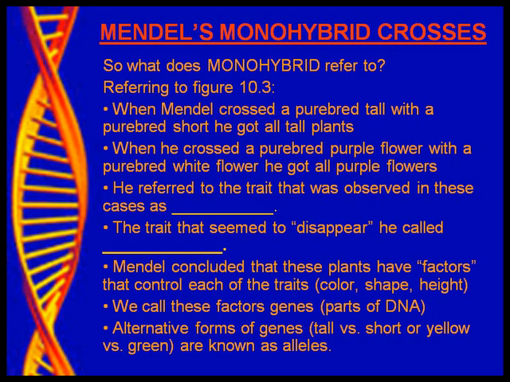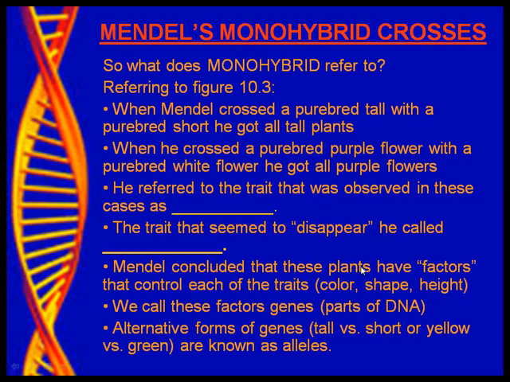Okay, and so he referred to this trait that was observed. This is the key here. It was the trait that was observed in the offspring. He referred to that as dominant. The trait that was observed is dominant. The trait that seemed to disappear, in other words, this purebred tall and purebred short that created all tall plants, so the short seemed to disappear. So he called the short recessive. Same thing in this case with the purple flowers. The white flower would have been the recessive because it seemed to disappear in that F1 generation, the first offspring.